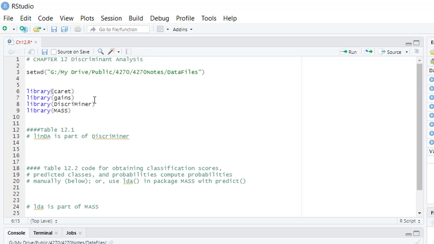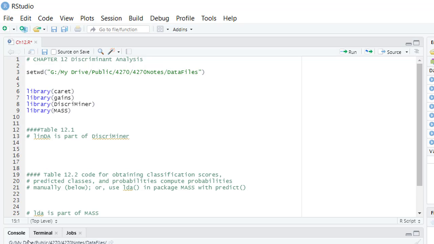We're going to use caret for confusion matrix, and we are not going to do lift charts, but if you want to do lift charts, then you would run the gains library. And these are the two discriminant analysis libraries that we need: DiscriMiner and then MASS. Okay, so we're going to first use linDA, linear discriminant analysis,